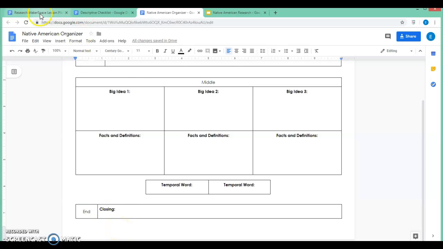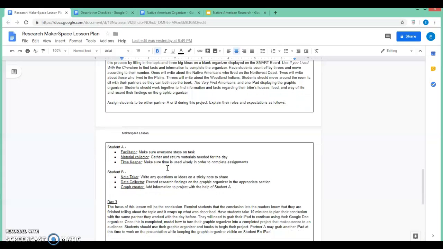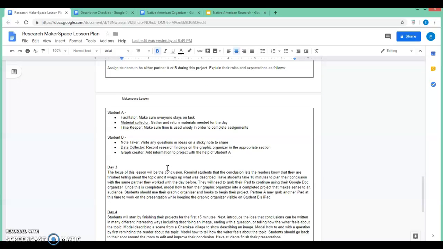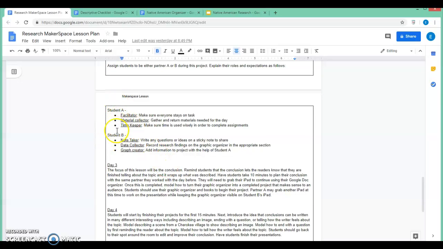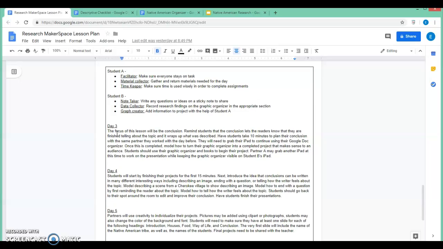After the teacher models all of that, the students are going to count off by 3s, and which number you get will determine which tribe you will be researching. Student A and student B will be the different partners, and they each have their own roles and expectations, which should be given during this day. Moving on to day 3, they're going to be focusing on the conclusion. Now the conclusion will be